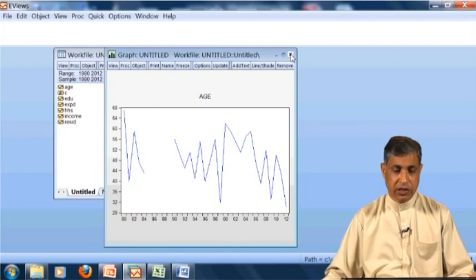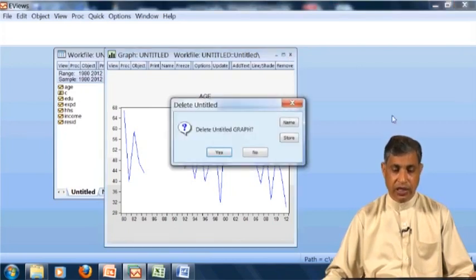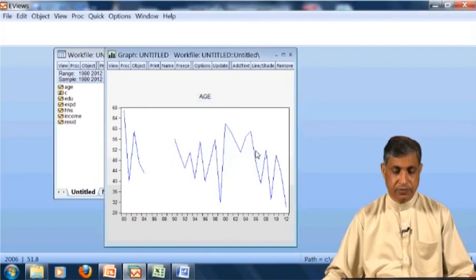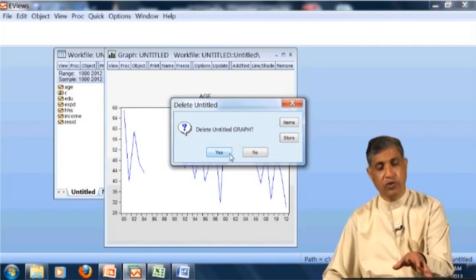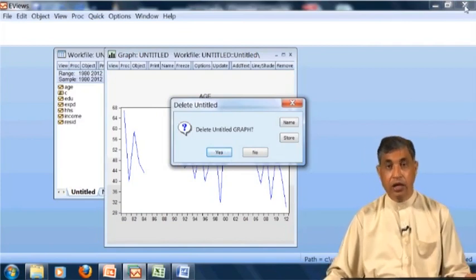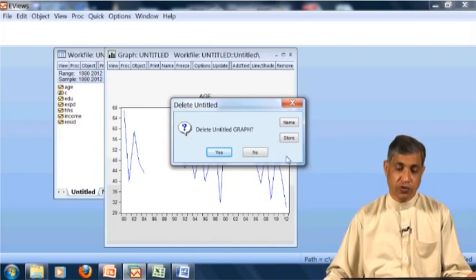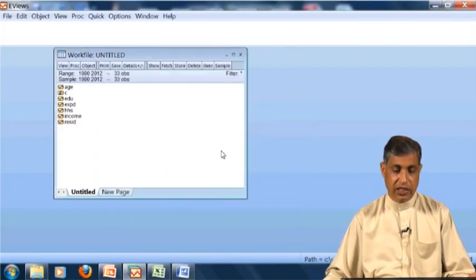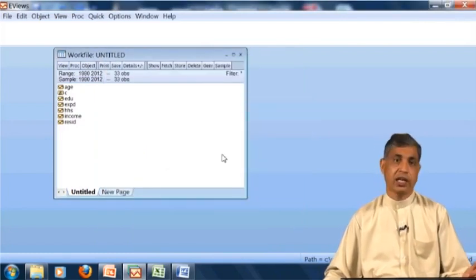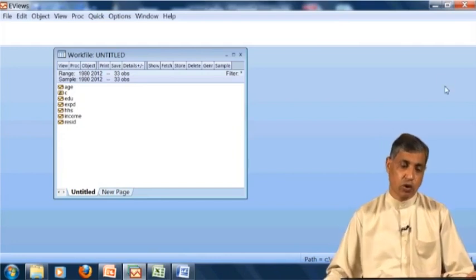So what this means, now I would like to make a graph. I would not like to tell you at this stage. So what this means, this will delete, yes, only this window will delete. If you click here, the whole window will delete. If I click in the small one, this graph window will go, and I say yes. Now it is not saved. Later I will tell you how to save.